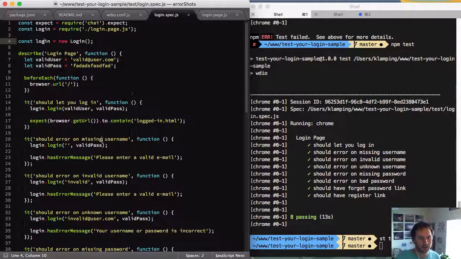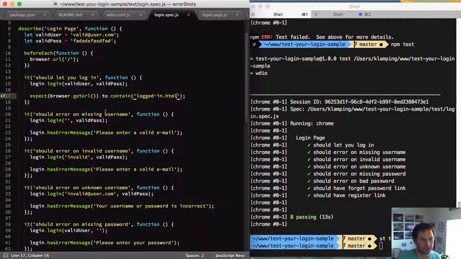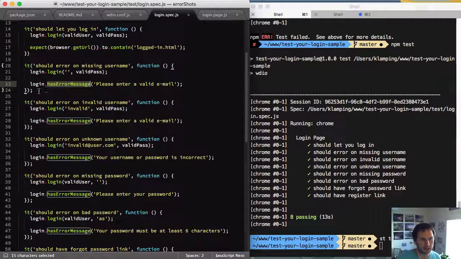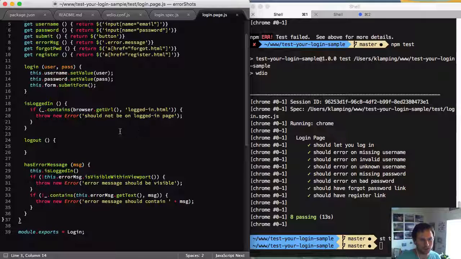Okay, so we log in with a valid user and a valid password, and we expect the URL to change to loggedin.html. That works. If we don't enter a username, we expect an error message to show up, and login.hasErrorMessage. I might have to change this because according to the doctrine on page objects,